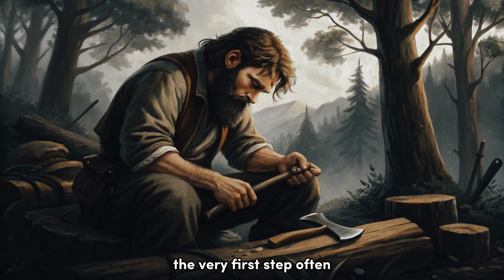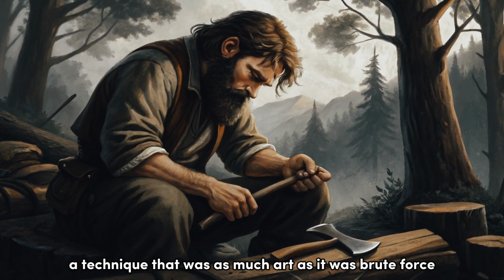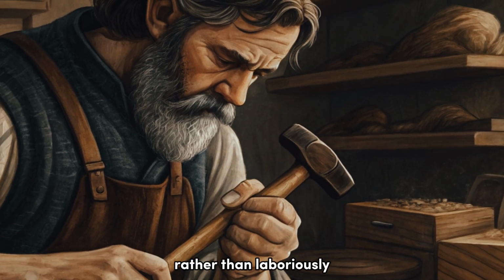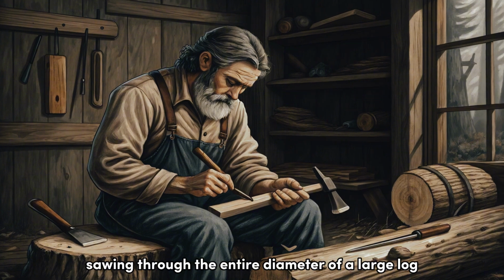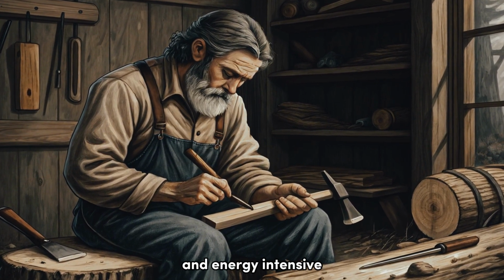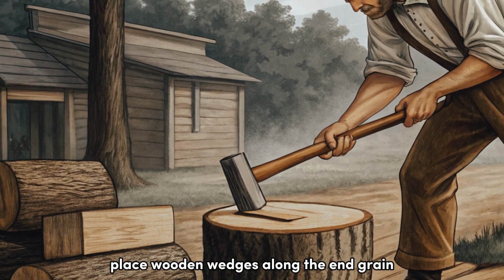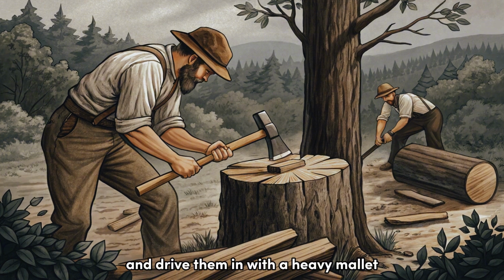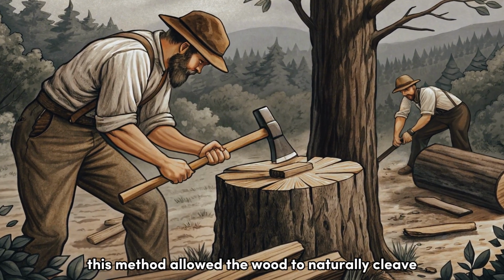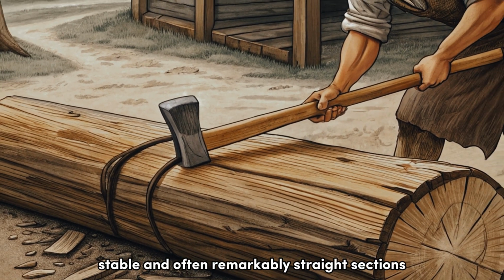The very first step often involved splitting the logs into more manageable sections, a technique that was as much art as it was brute force. Rather than laboriously sawing through the entire diameter of a large log, which was incredibly time-consuming and energy-intensive, the mountain man would strategically place wooden wedges along the end grain and drive them in with a heavy mallet or the back of an axe. This method allowed the wood to naturally cleave along its grain, yielding strong, stable, and often